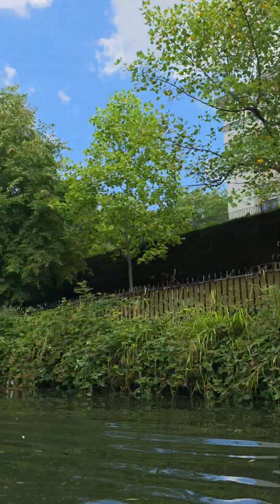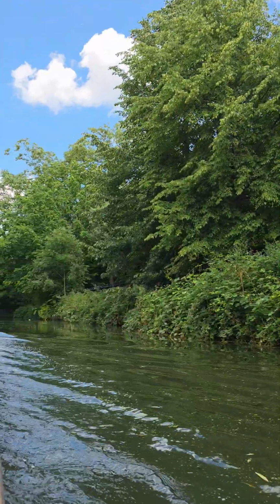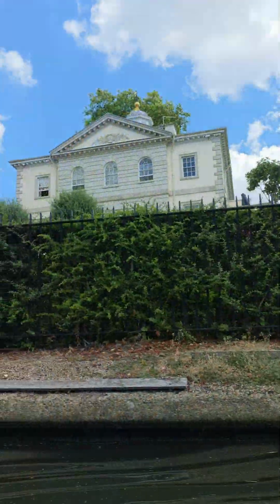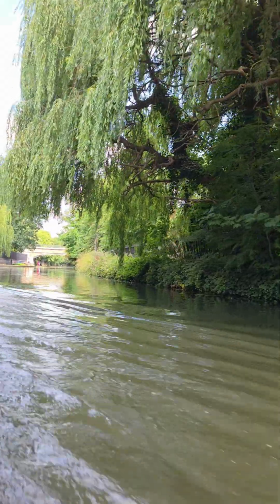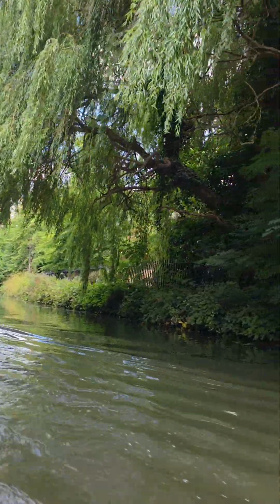And we're heading towards Shalbear Bridge. This carries one of 8. Last little glimpse here on the right hand side. It's about to open up and you'll see one last little